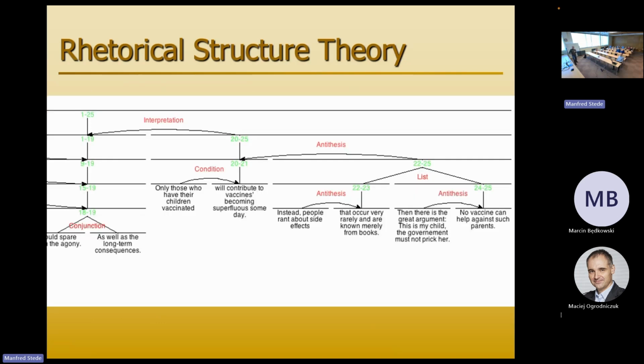So just to illustrate, here we have elementary discourse units that are sentences in the first two cases, then actually a phrase, and then the rest of the sentence in the condition relation, and so on and so forth. And we have relations on the level of just elementary discourse units that are fused and then recursively upwards. It doesn't maybe look like a tree at very first glance, but in the end, it's a well-formed projective tree with no crossing edges or any other complications. That's the idea of RST.